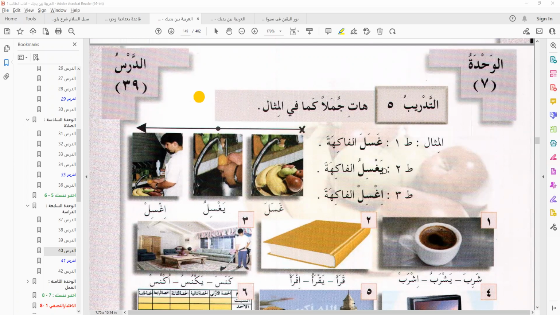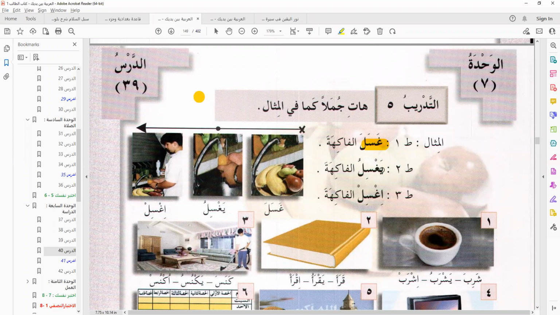Now, the second pattern, which is the mudari', get used to the terminology. This is the madi, this is the mudari'. It's not difficult to learn. Madi is the past, mudari' is the present. Then you have yaghsilu. Look at the construct.